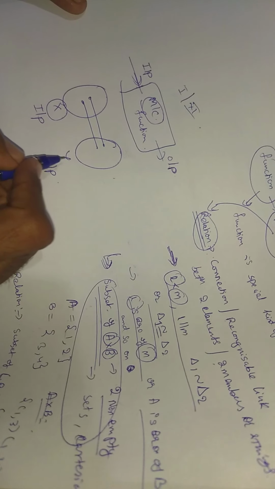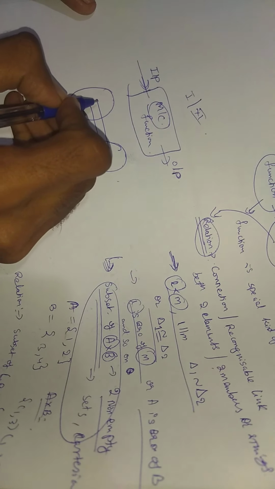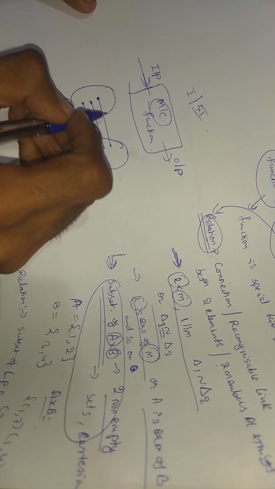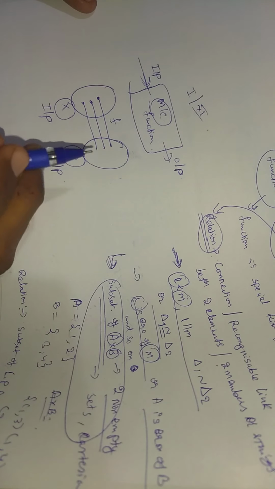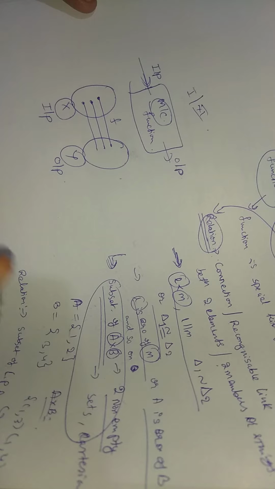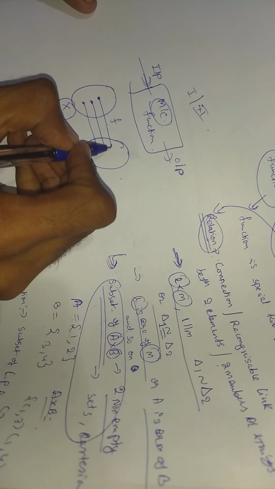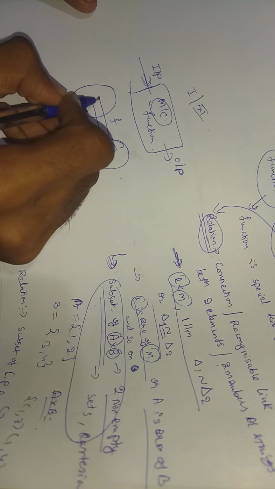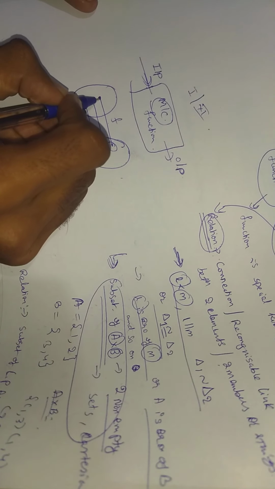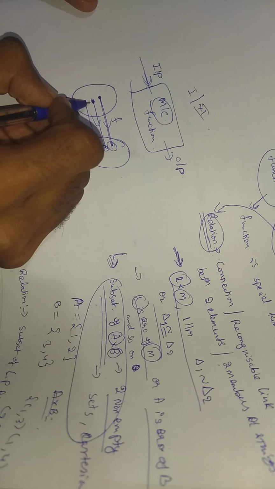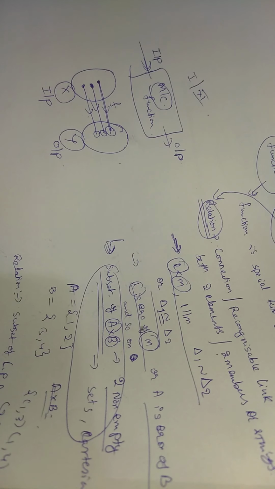Here we consider x as input and y as output. These are all elements input. Now function means it is like a machine, so it will do some operation or some process. After processing it will give us some output. Now here, function, these are all inputs, it will give us outputs.